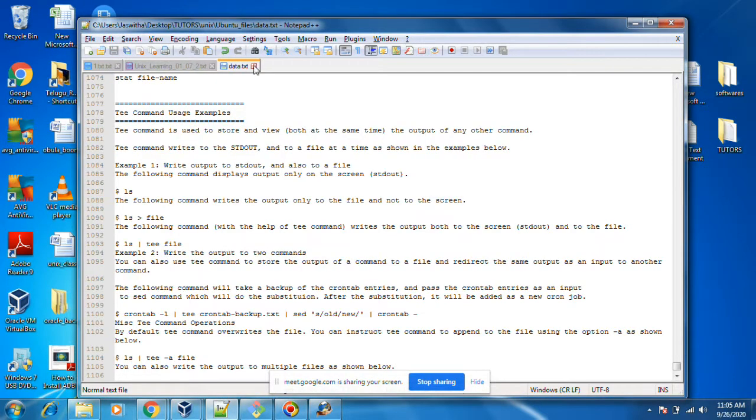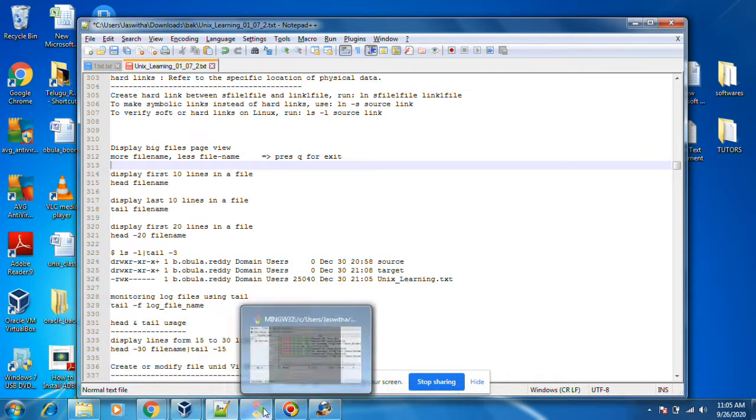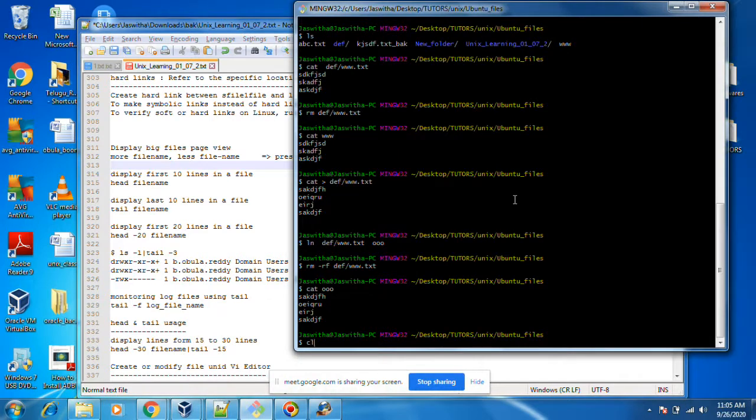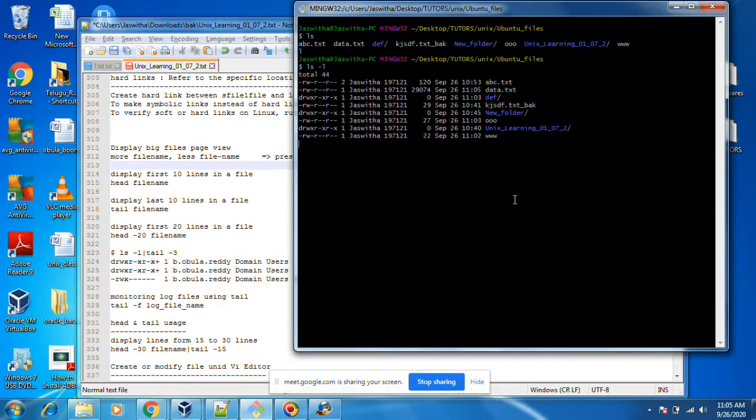I want to view this data.txt page by page, line by line. I see data.txt has this much data. Okay.